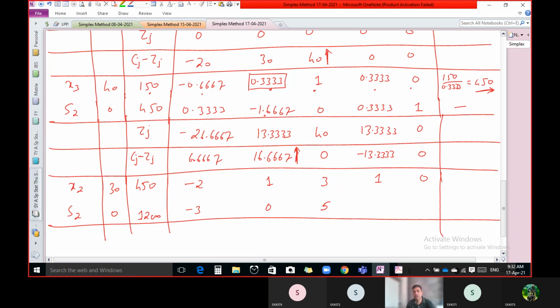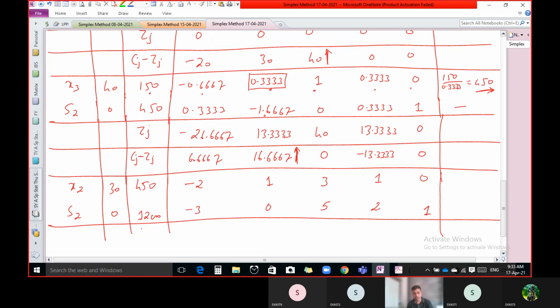Now this one, 0.333 minus what? This into this divided by this, but this into this divided by this. So these two are same, so we can cancel this and we get only minus 1.6666, but that is minus. So 0.333 minus minus, plus 1.66666. So we get 0.333 plus 1 point this, we get ultimately plus 2. And last, 1 minus, here it is 0, 0 into anything is 0, divided by anything is 0, so 1 minus 0, we get 1 only.